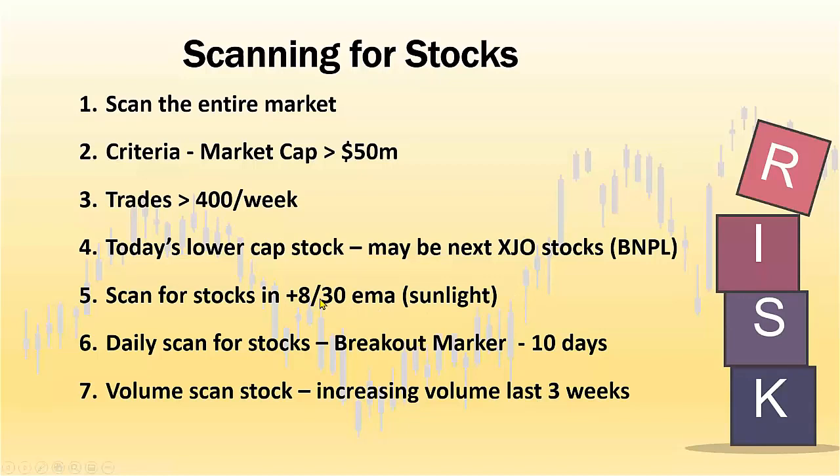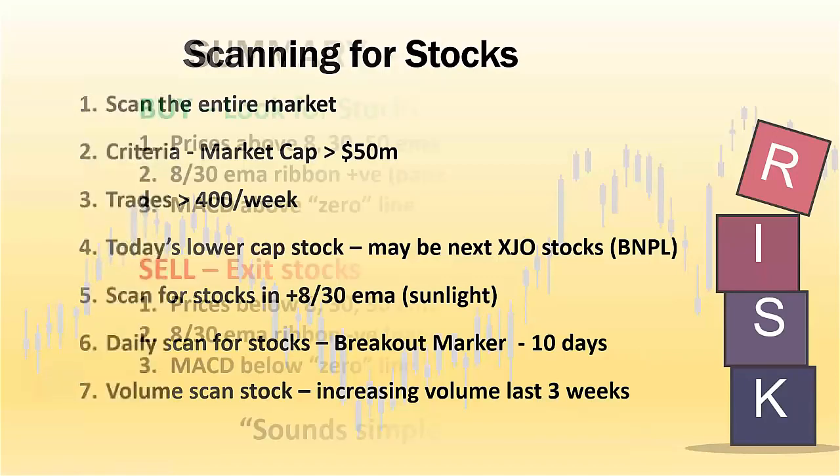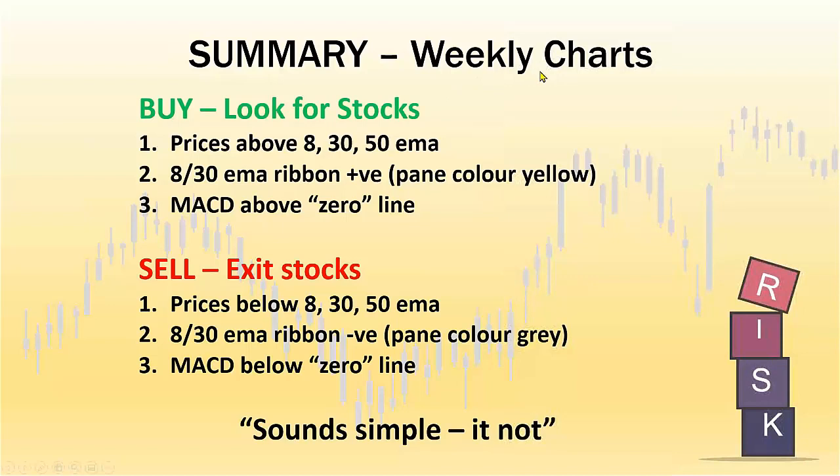I scan for stocks just simply in the 8/30 EMA, what I call the sunlight. I also scan for stocks daily to see if the breakout markers occurred in the last 10 days. And I do a weekly scan of volume, of increasing volumes over the last 3 weeks. In other words, I'm looking for stocks that have been fairly well beaten down, but they're starting to show some sign. So in summary, on my weekly charts, I look for stocks above the 8/30/50 EMA,